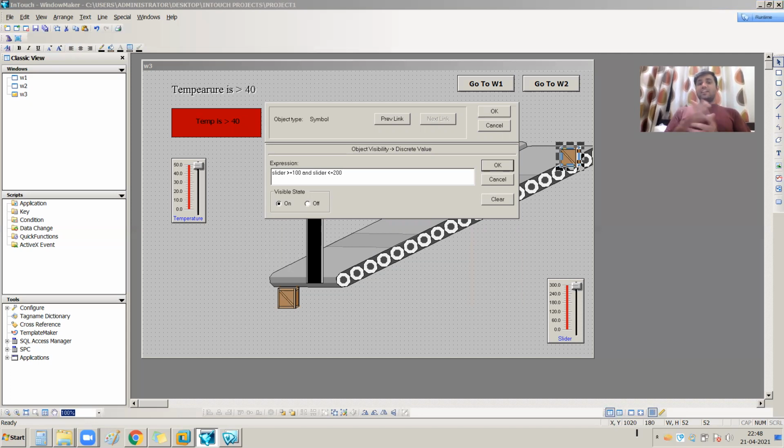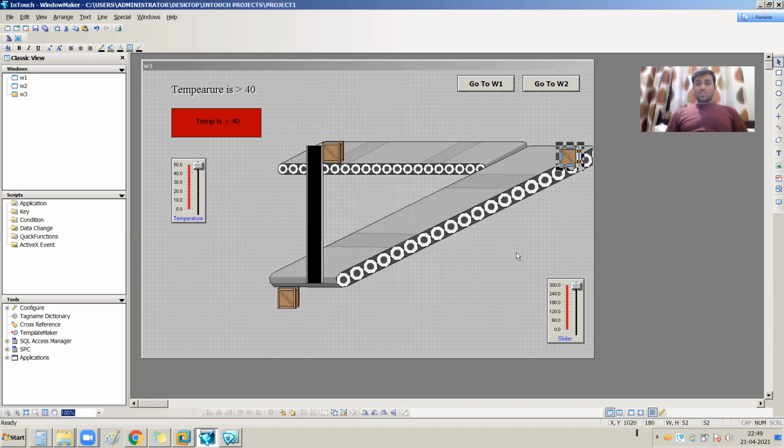If slider is greater than or equal to 100, then it should be visible. If slider is less than or equal to 200, then it should be visible, but above 200 it should not be visible. Above 200, the vertical box should be visible, which we will give as an assignment to that vertical box. If you press OK, visibility is assigned to this box.